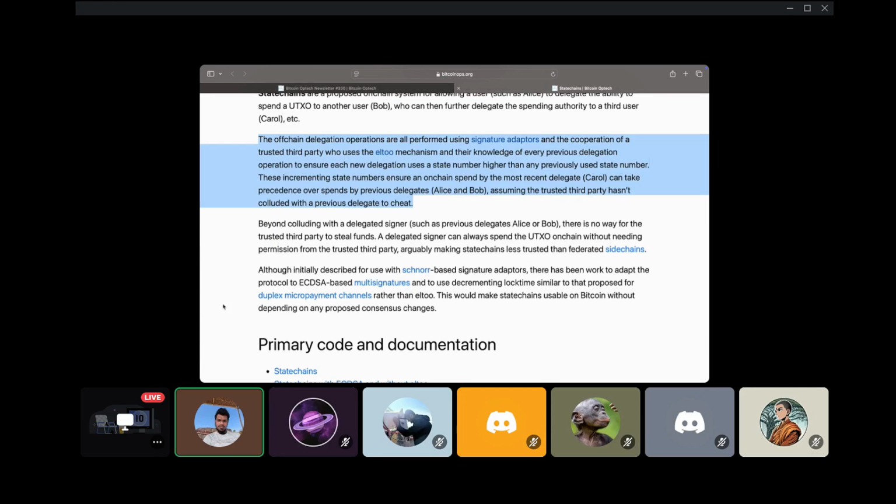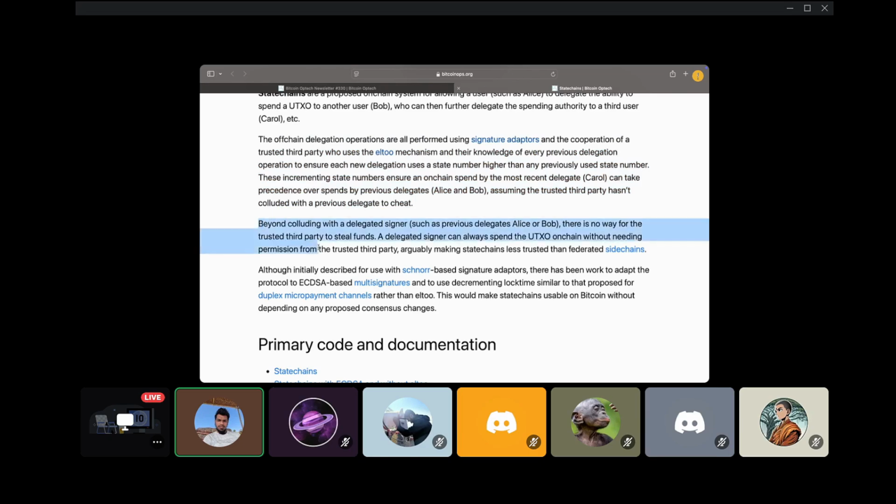So the same mechanism is carried forward in state chains, not entirely, but only the states, meaning that every single time the ownership of a UTXO is transferred from one person to the other, the ability to spend a UTXO is delegated from one person to the other. That is deemed as a change in state, meaning change in ownership. And the state can change as many times as you want off chain. And eventually, when you broadcast that transaction on the mainnet, it is the final state that will be recognized.